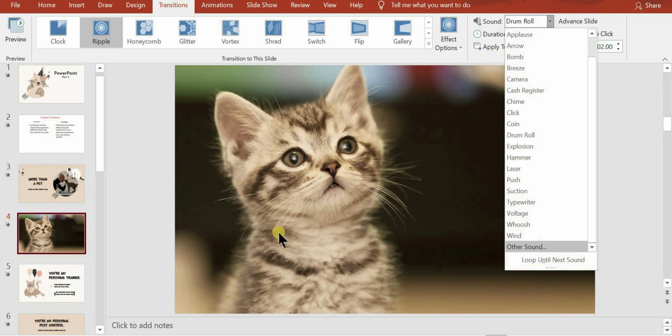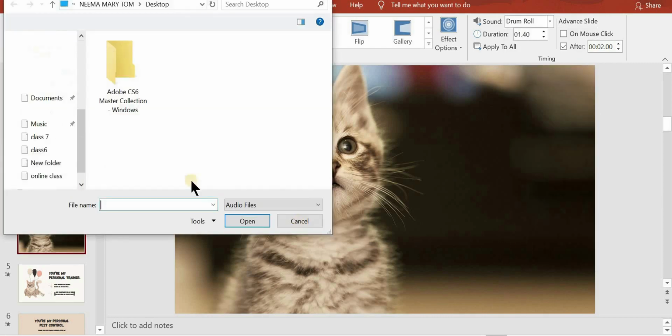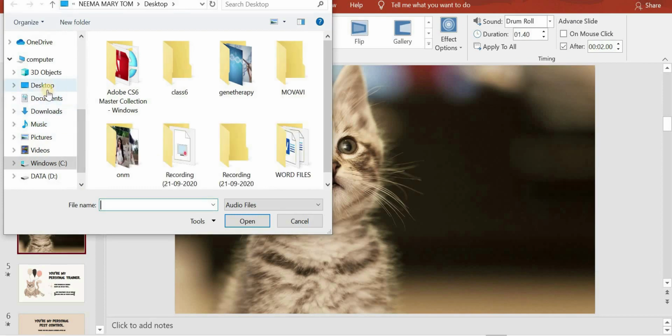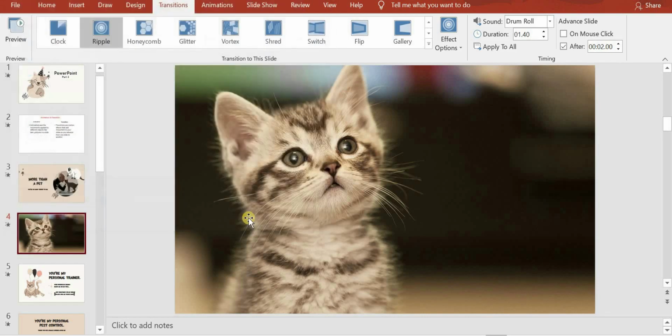So for this slide I want to apply a sound of a cat. So I am clicking here other sound, and I have already downloaded one sound on the desktop. So here, cat sound. Okay, now you can hear that sound.